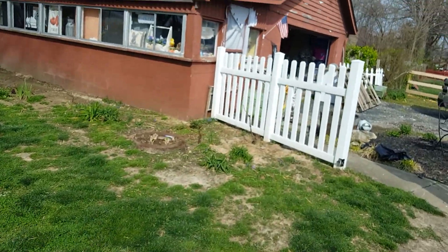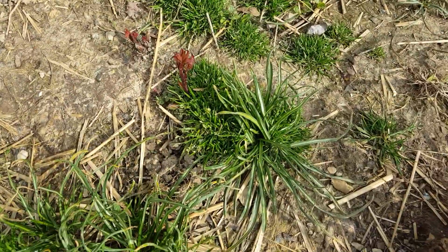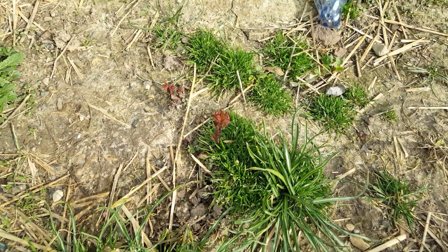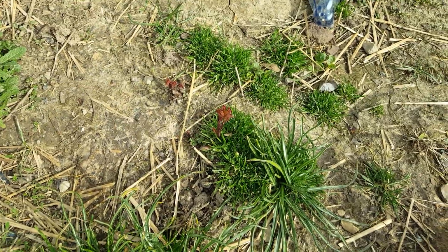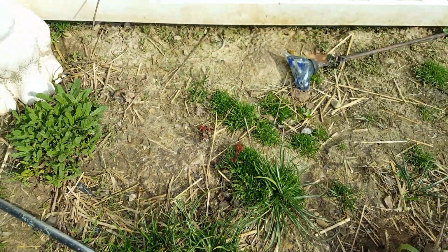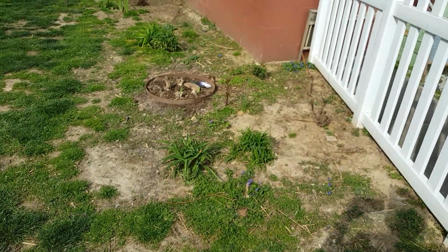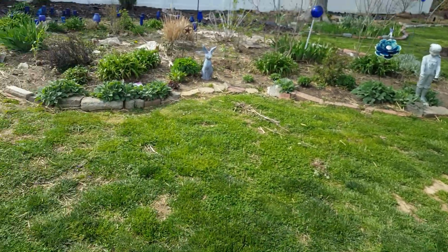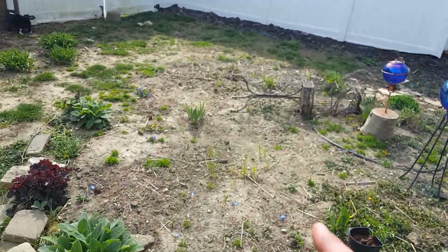Alright, now, I also have a peony coming up here. And when the dogs had free range of the yard, they would trample this one down every year. Just the new growth is real fragile on these right now. So anyway, I'm going to grab that lilac tree, and I'm thinking I'm going to put the lilac on this